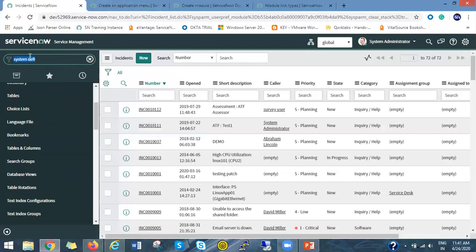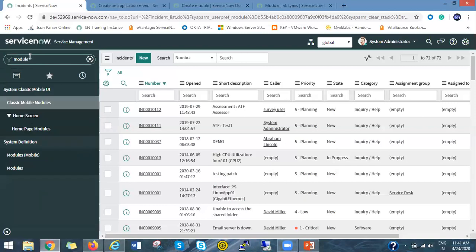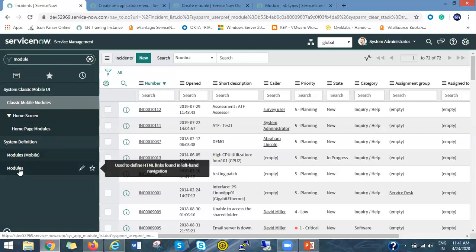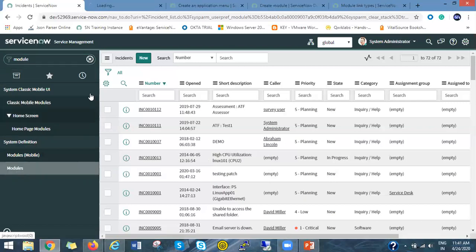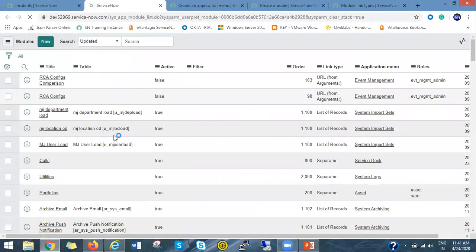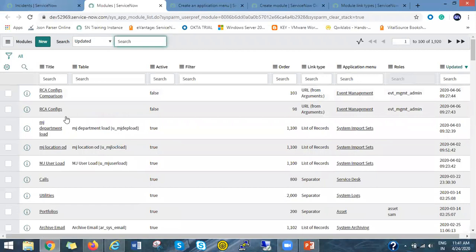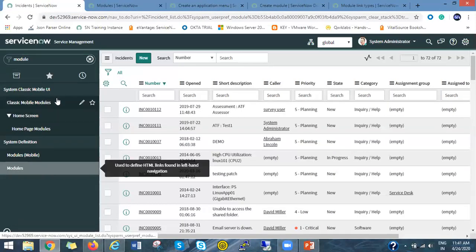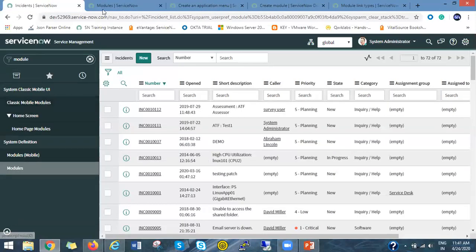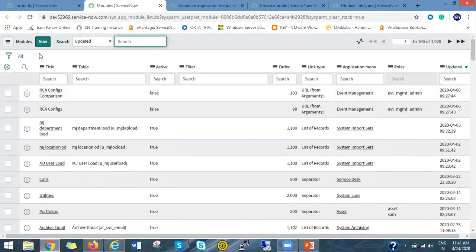Or better, you can type module. So inside System Definition you can see there is one module called Modules. Click on this. Now you can see all the modules, no matter which application menu they are available under. You can see all these modules inside the module table.